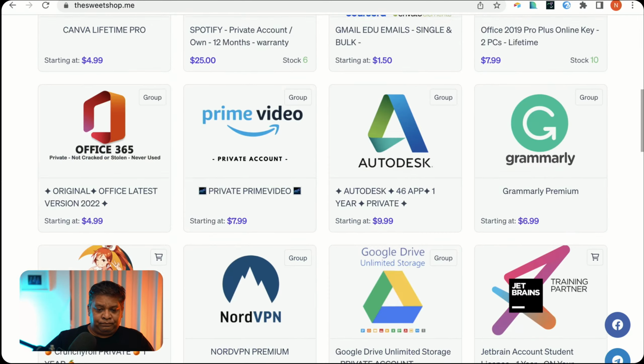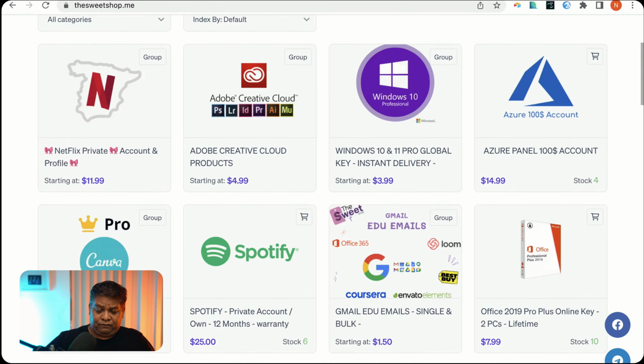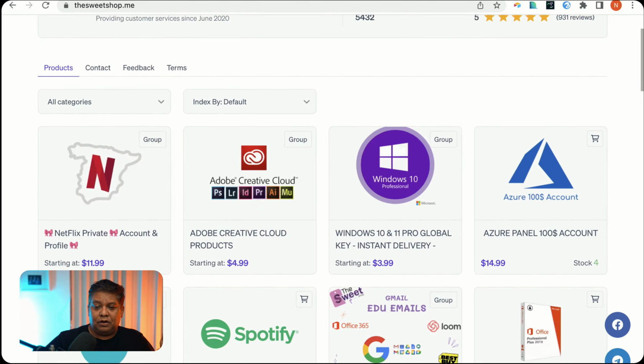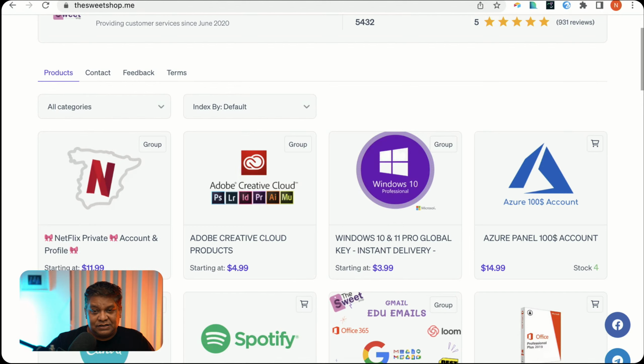Anybody who is aware of software licensing would know that this is all illegal, in violation of laws in any civilized country, right?